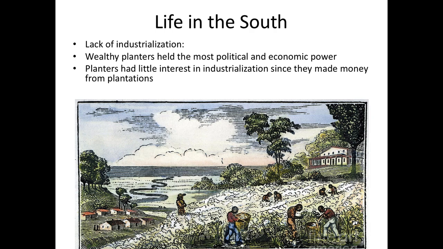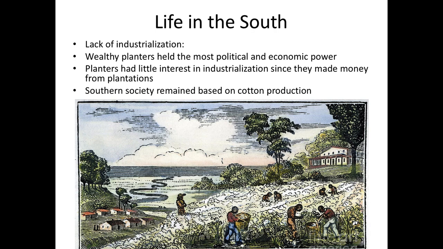It would take a lot of effort to start building factories. They'd have to start pulling their money together and form corporations to build factories. And so they had very little interest in building factories overall, because basically they could make their money off the plantations and then sell their cotton to the already in place factories in the north, to the textile mills in the north. So in the end, even though it was possible to build factories in the South, and even though